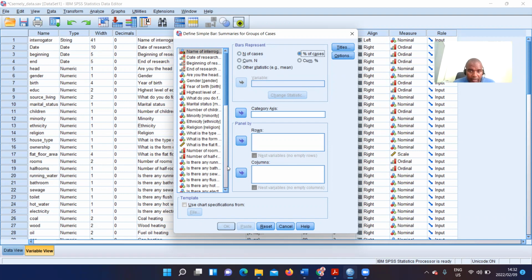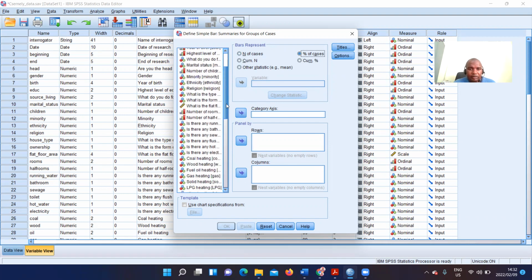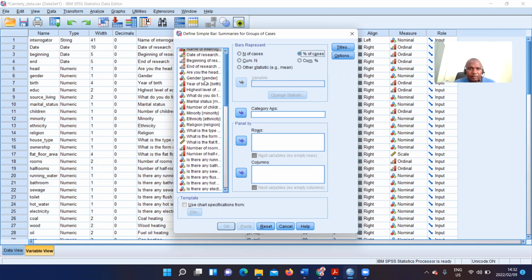For the category axis, we choose, say, gender. And then we check what will take place. If we click OK,